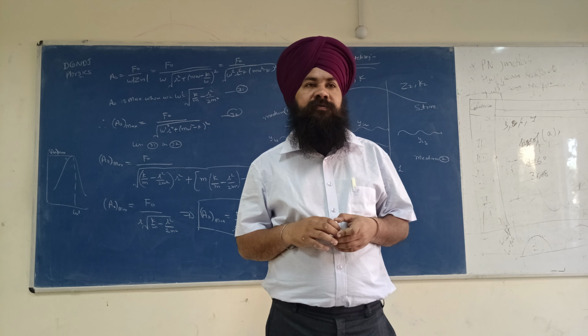See, this YI1 is traveling from left to right, and this YR is traveling from right to left. After reflection, this is before reflection. The direction is opposite, so that is why this minus K1 will become a plus K1, or we can say this is the negative of it.